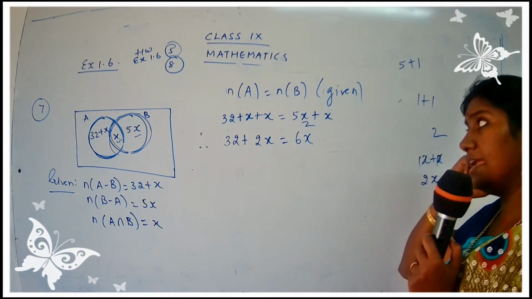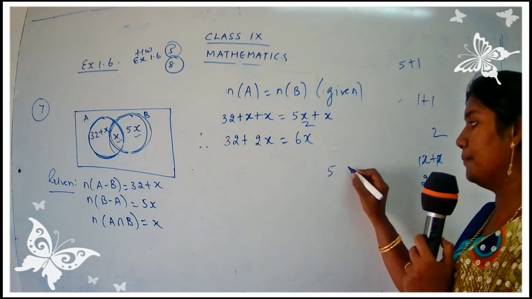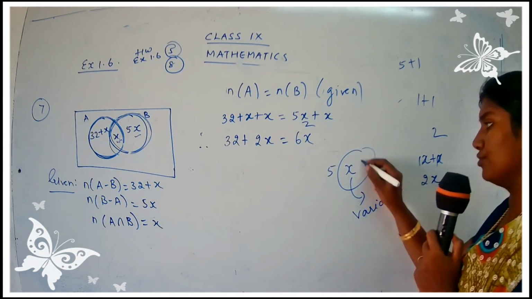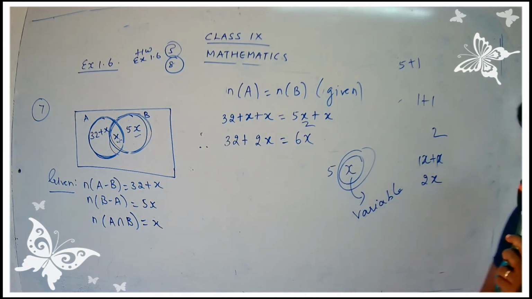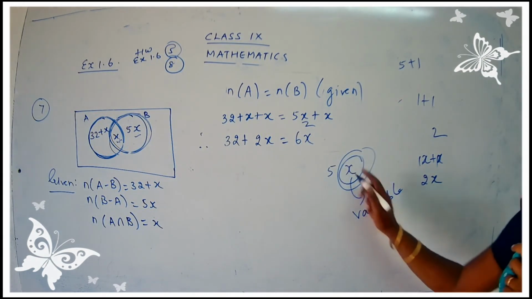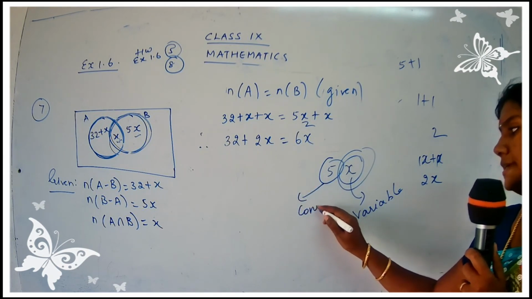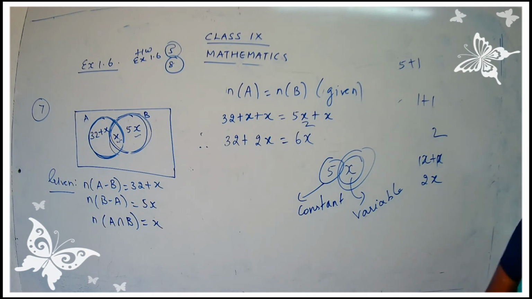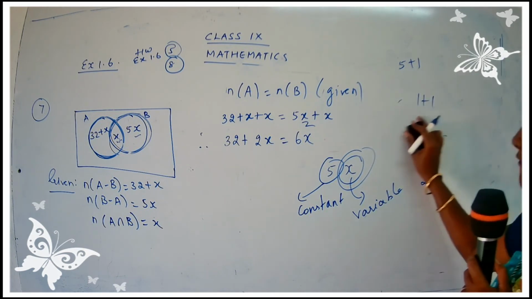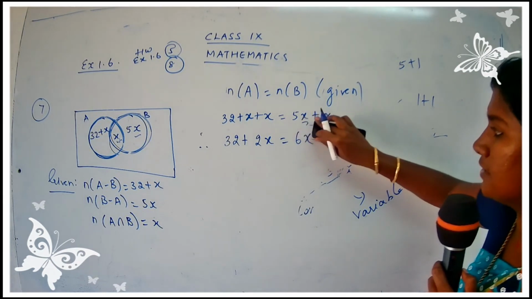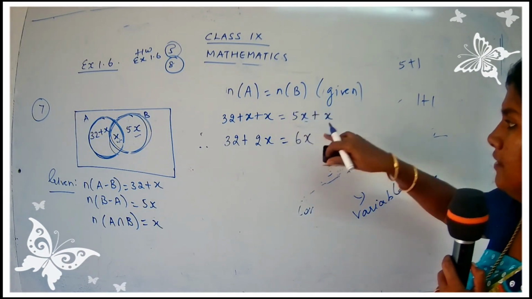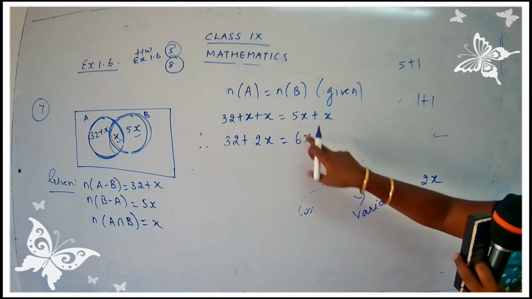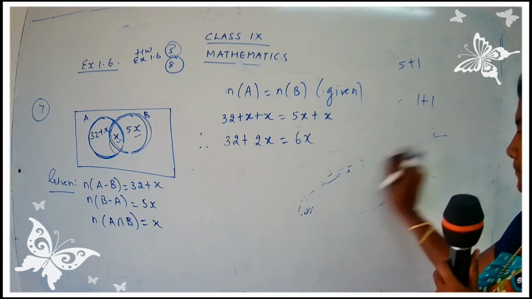We have studied in lower classes, if you have a number and a letter, the letter is called as the variable, okay? So you have to call the letter used in a term as variable, and this is called as a constant. The numbers are called as constants and the letters are called as variable, okay? So what is that? 5X plus X. So what is the constant there? 5 and here 1. So 5 plus 1, that is 6. And what is the variable used here? X. So you get 6X.